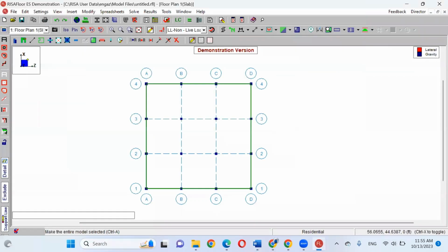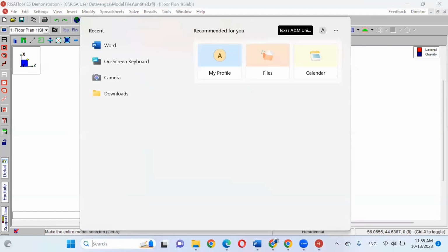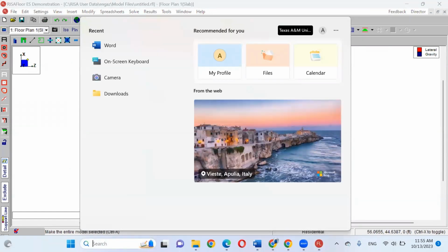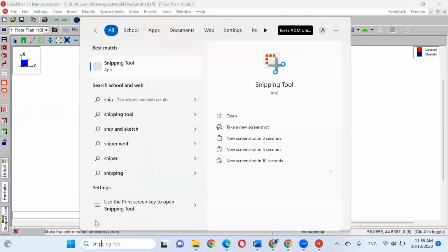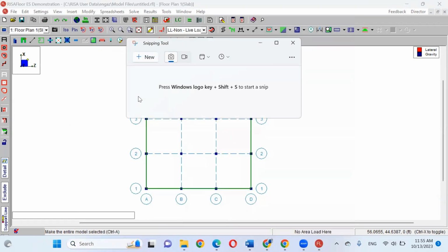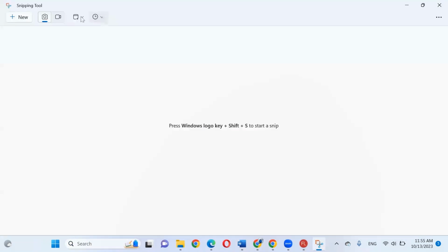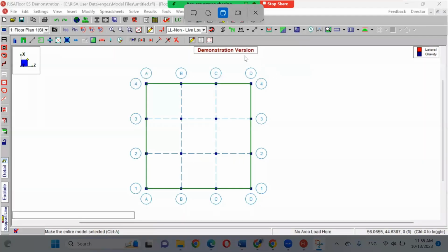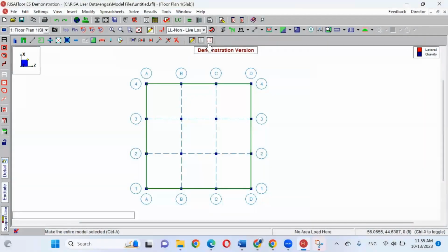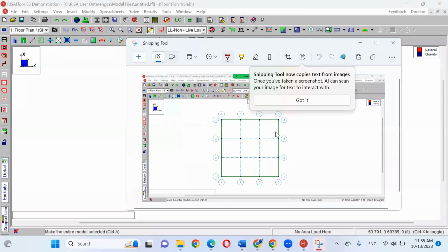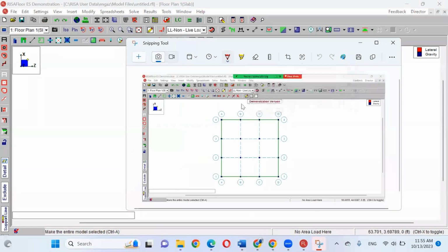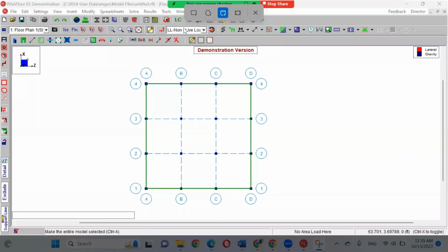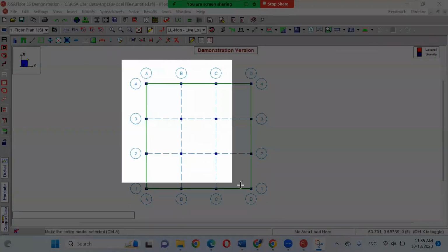You can go to RISA. We have something from Windows called the snipping tool. You can select from the snipping tool, new, and make a window. Like this.